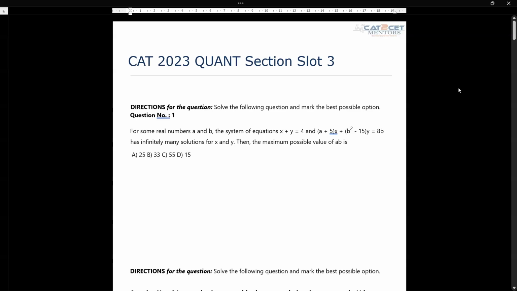So for all the CAT aspirants, all the B school, MBA aspirants, who have the exam in the next 30 to 40 days, we have come up with something very interesting for you. Mostly students say that they are not well versed with quants or they find quant questions very difficult. And for taking a bare minimum of 80 to 85 percentile, they think they would need to solve 10 or 13 questions.